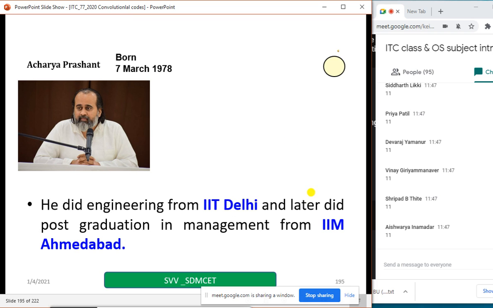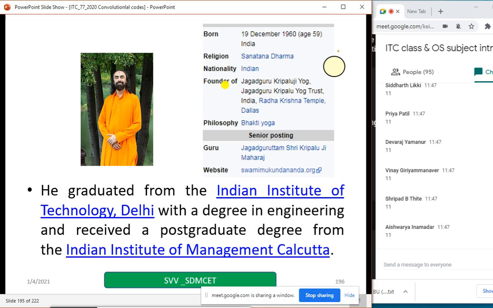This person has completed engineering from IIT Delhi and later did his post-graduation from IIM. So even if you Google Acharya Prashant, you'll get a lot of information. He's a great speaker. Even he is from the Indian Institute of Technology, Delhi. He is graduated, and